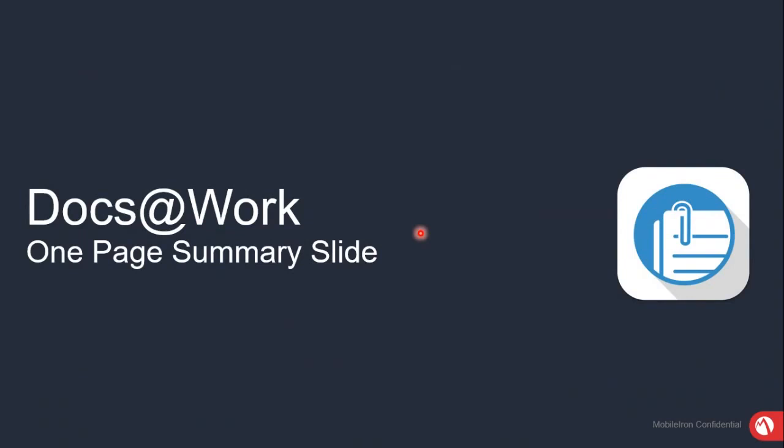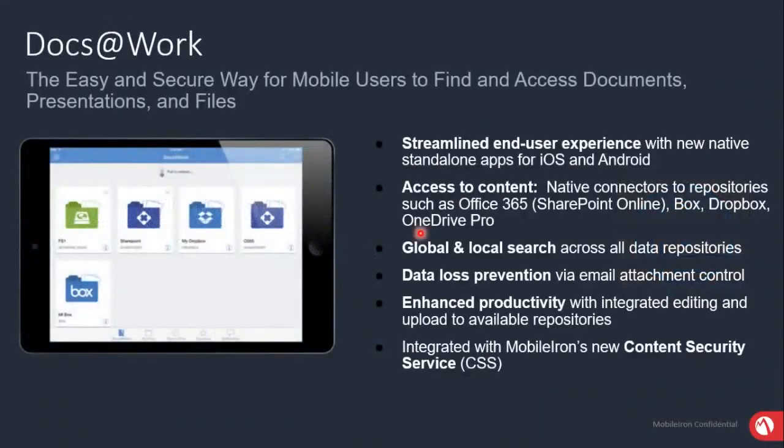The other thing is Docs at Work. Docs at Work serves two purposes. One is that on iOS, by default, you can open any type of attachment natively. But for Android, you need a document viewer. For example, you need a PDF viewer to open any PDF attachment in the email. So Docs at Work for Android will let you open any attachment, and it also connects to